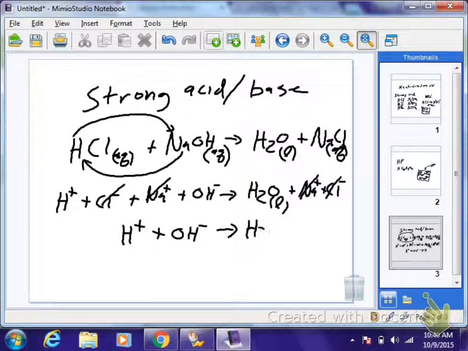If they give you this on the AP test, you will be singing hallelujah because this is so easy. Strong acid, strong base. So what is the difference between a spectator ion and